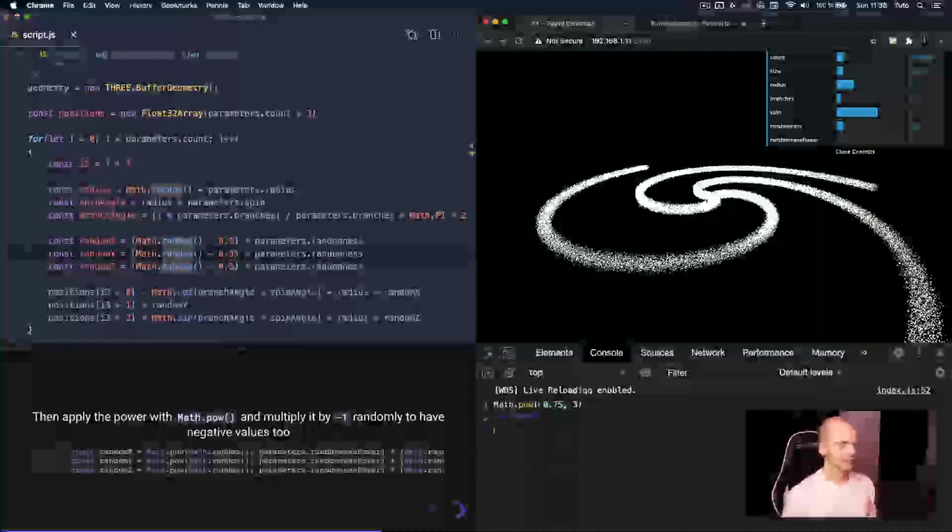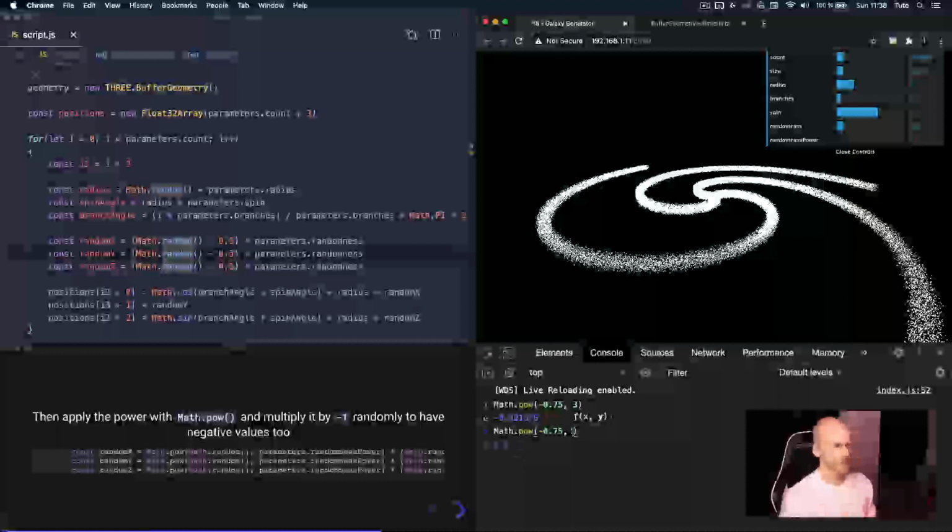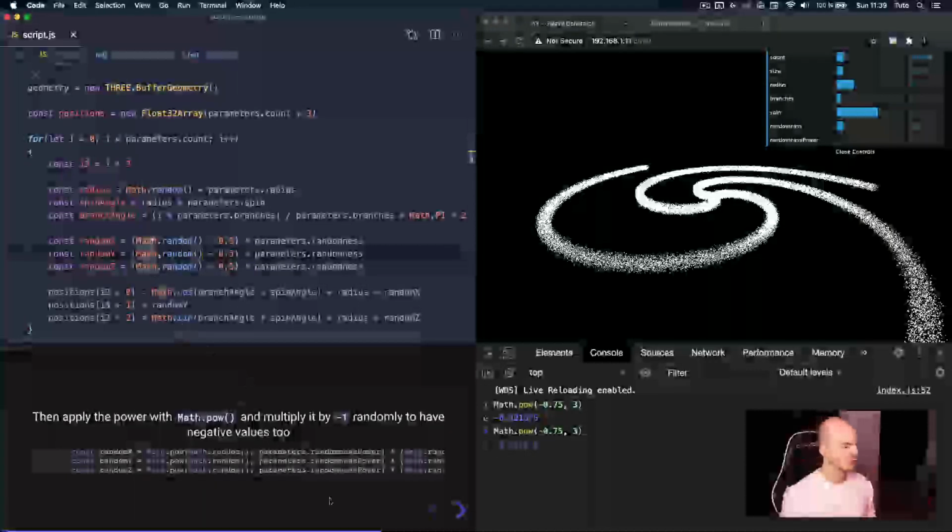Like if I do this, sometimes I will get a negative, positive. You will have a really strange value depending on the second argument. See, if I have 2, I get a positive value because negative multiplied by negative gives a positive value. And if I have 3, I get a negative value, and we will have bad results. So to fix that, what we are going to do is to randomly use a power